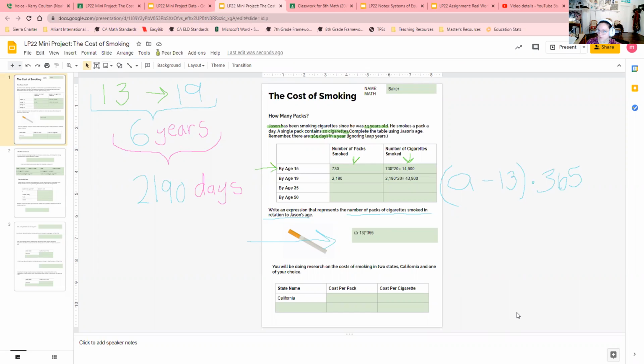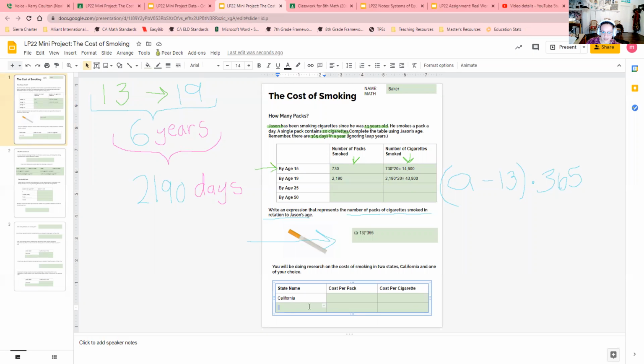So I'm going to do California, the state we live in, as your example through this project and through this video. You are going to pick a second state and do the same research and the same processes to figure out the value for your second state. So in order to figure out the average cost per pack of cigarettes in California, we are going